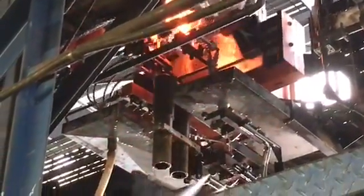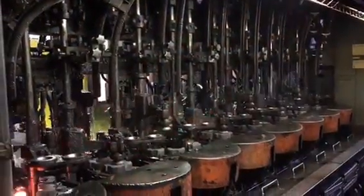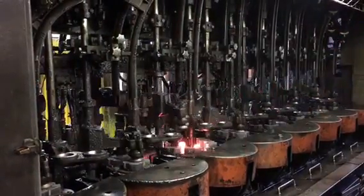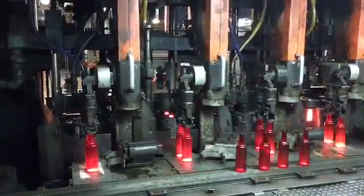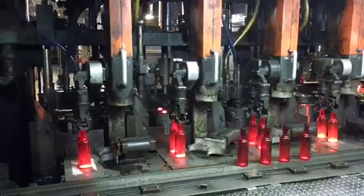Here it's coming out the bottom of the furnace, being chopped up into little white hot globules. You see them firing along, and then those go down to the individual moulds where the glass globule there fires in. It's hit by a mould to give it some shape, and then air is injected into the top to blow the bottle actually out into